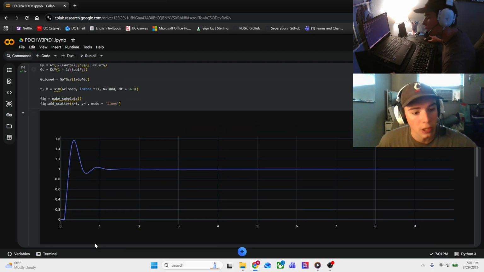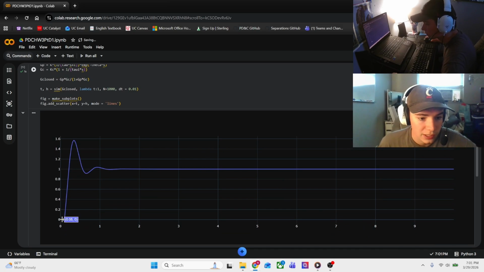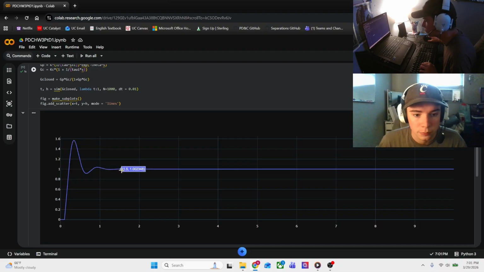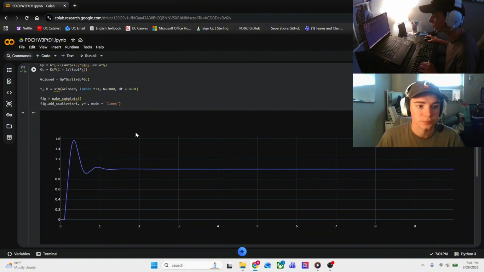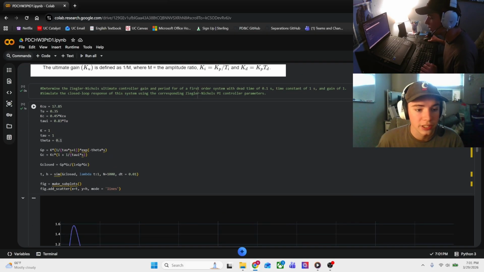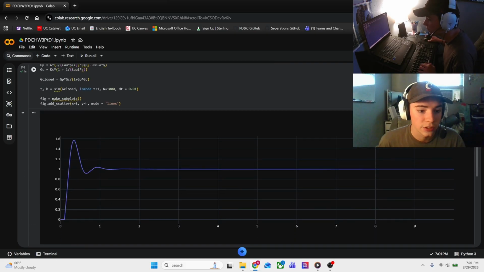Beautiful. Look at that. We got our dead time down here before our process starts, as we talked about up on the board. Then we got a big old jump. We go a little bit over our set point, dip down, but then we hit our set point and we stay there after just a little bit of overshoot and a little dip in there. But now that we've done our Ziegler-Nichols method, we can move on to our